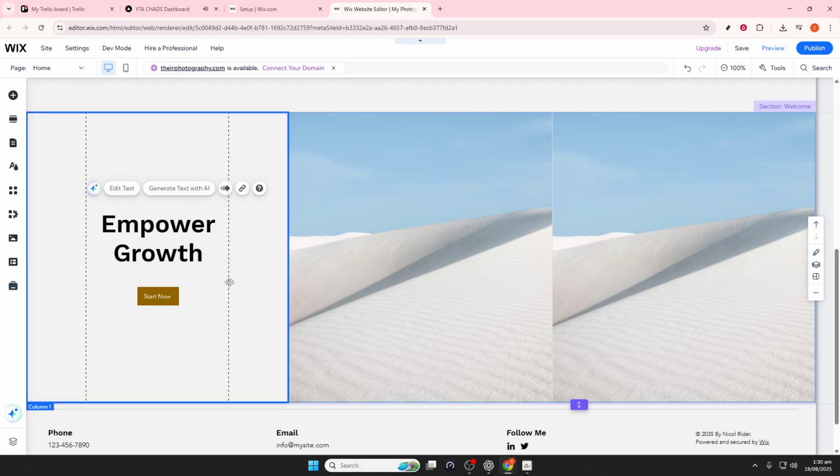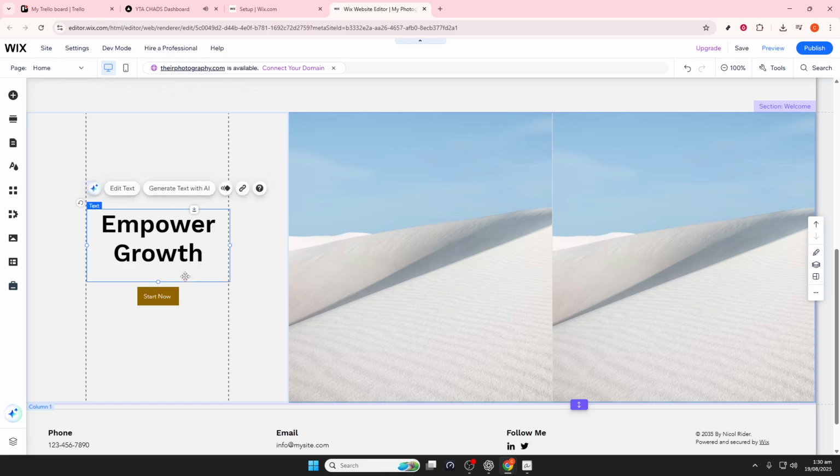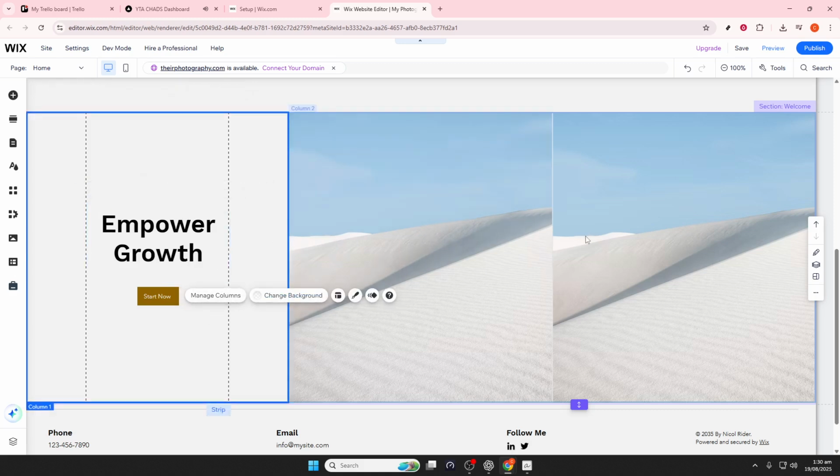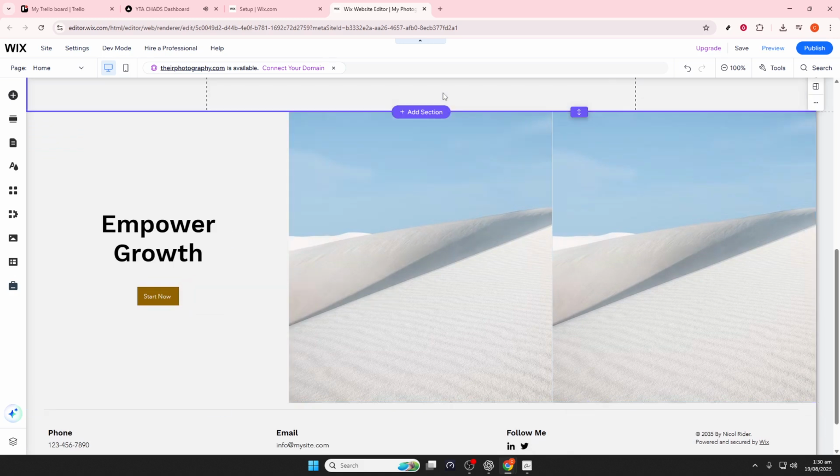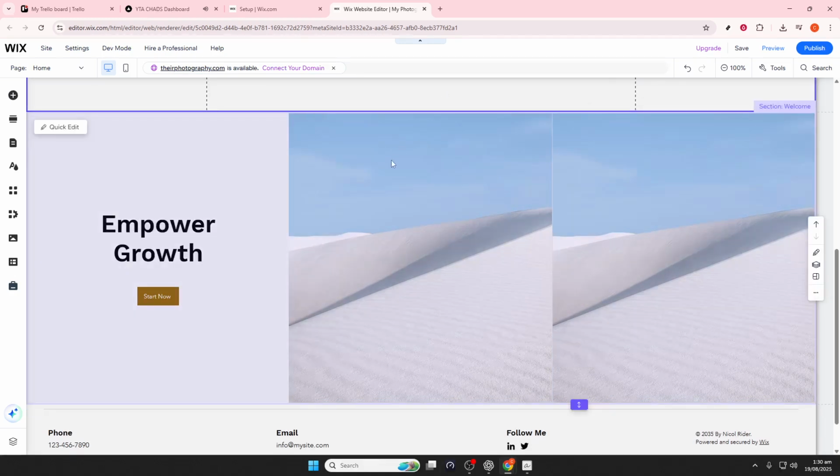And there you have it, a comprehensive yet simple way to manage your website using manage.wix.com and editor.wix.com. With these techniques in hand, you can confidently modify your site's layout to best suit your